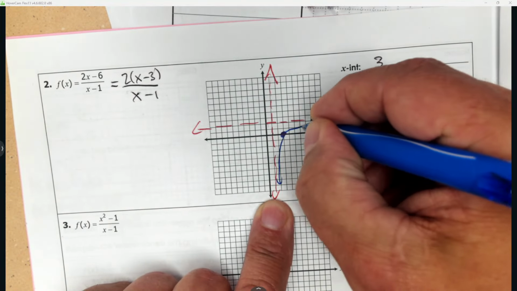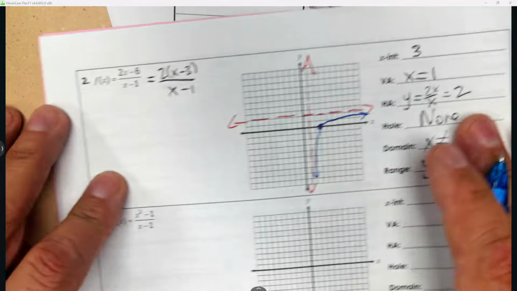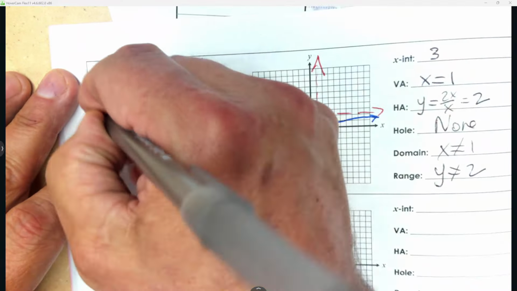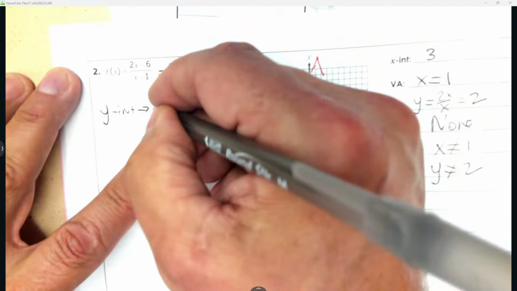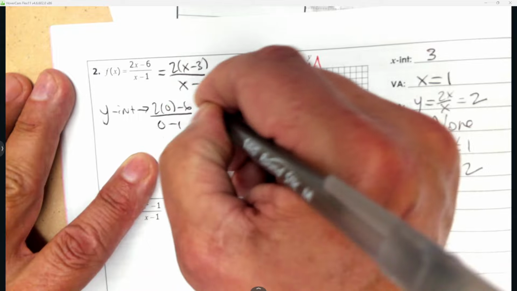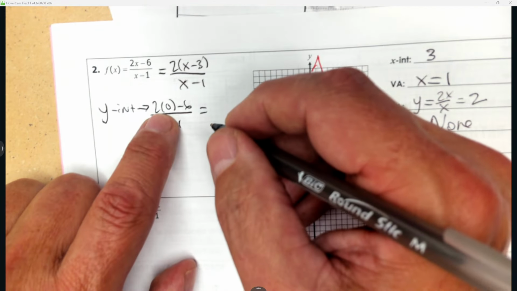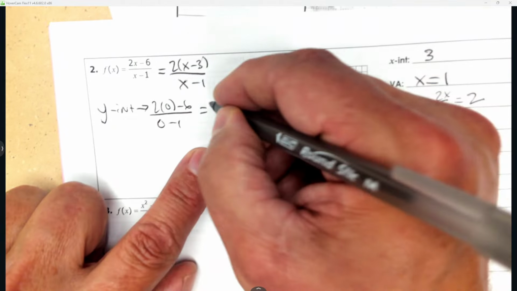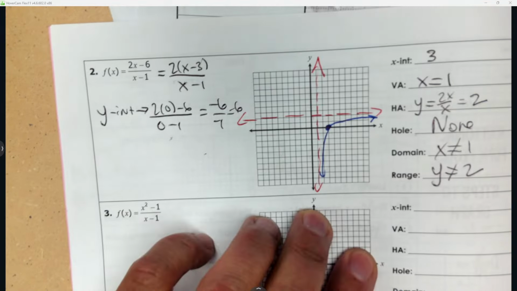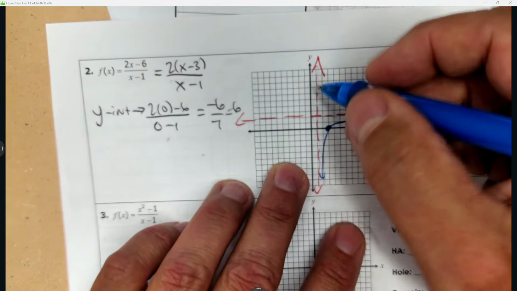Now, one thing I found on the last graph I'm going to do here too is the y-intercept. They have only the x-intercept, but there are 2 intercepts. So the y-intercept is when you plug in 0 for x and then solve it. Now, the good thing about 0 is that when you multiply it, it's 0. So you're left with -6, and here you're left with -1. So that gives me positive 6. So I'm going to find where positive 6 is,